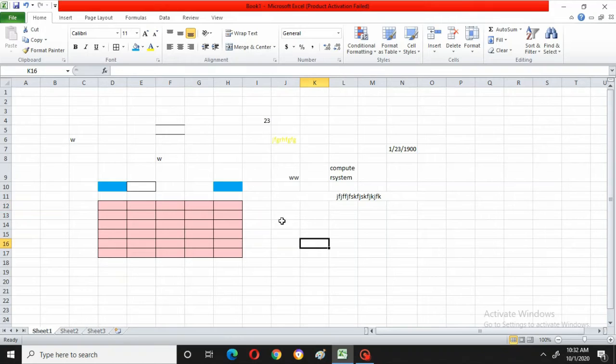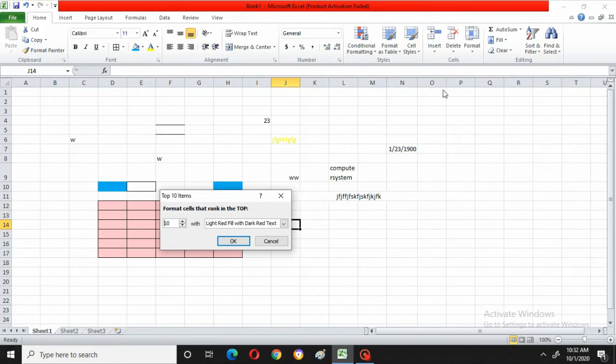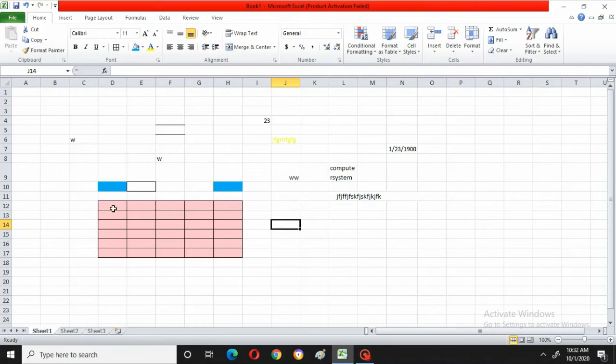It has to come. Okay, that means it is asking format cells that rank in the top. Actually this should be done with the numbers. I should take the numbers.